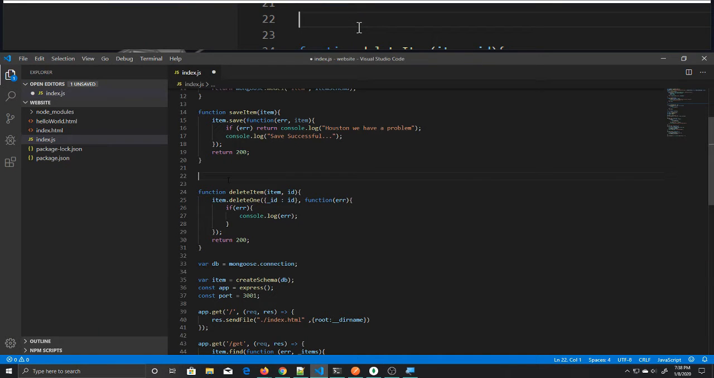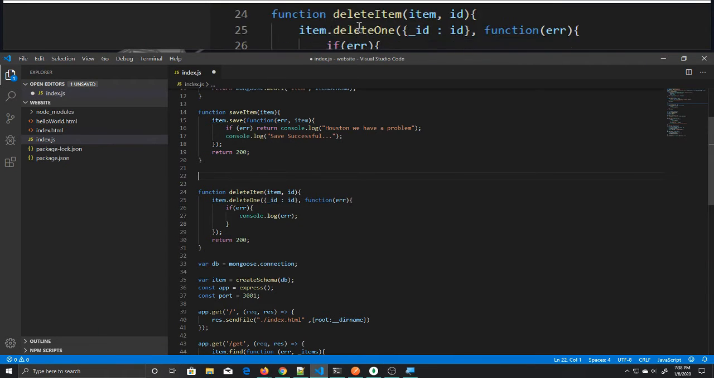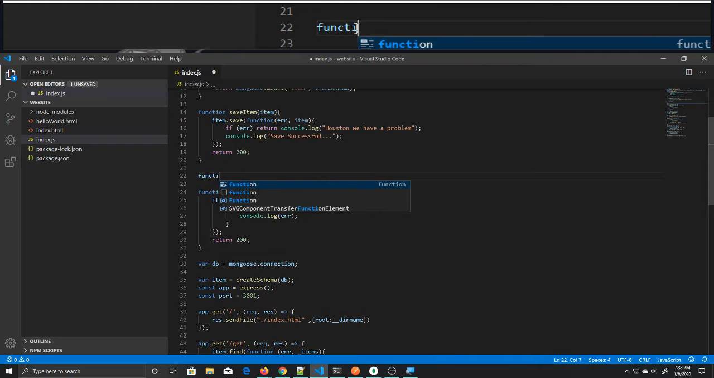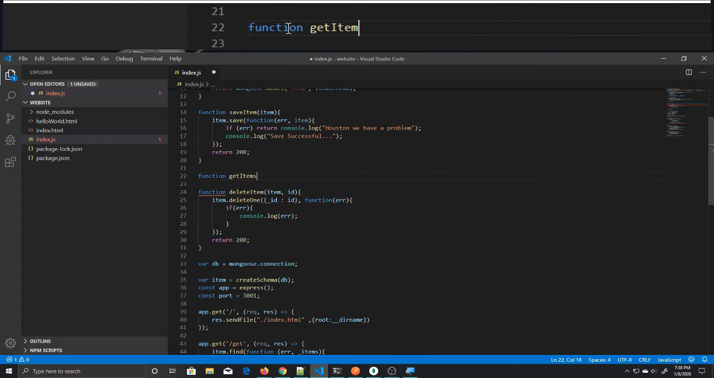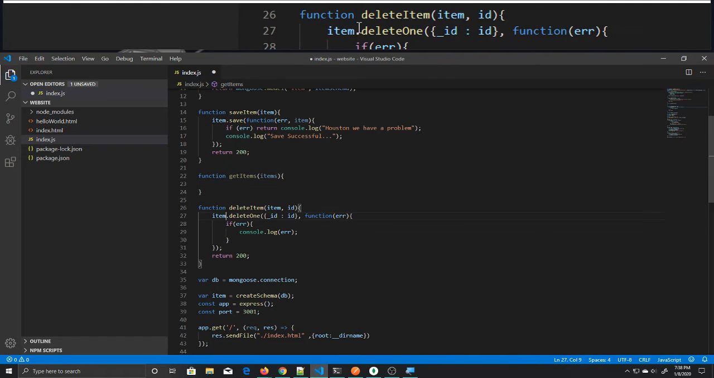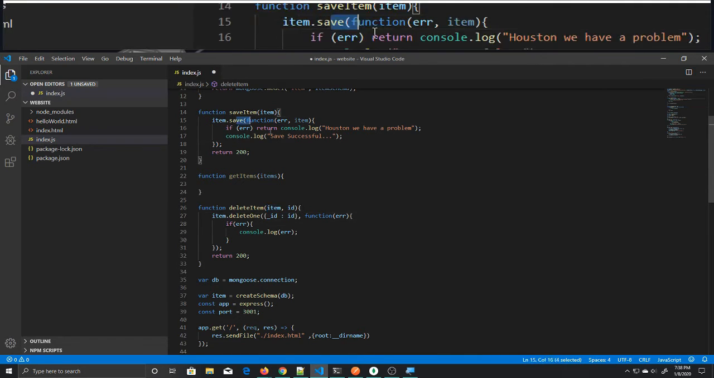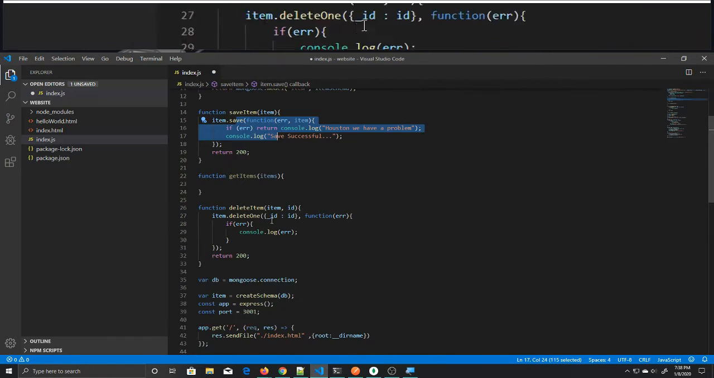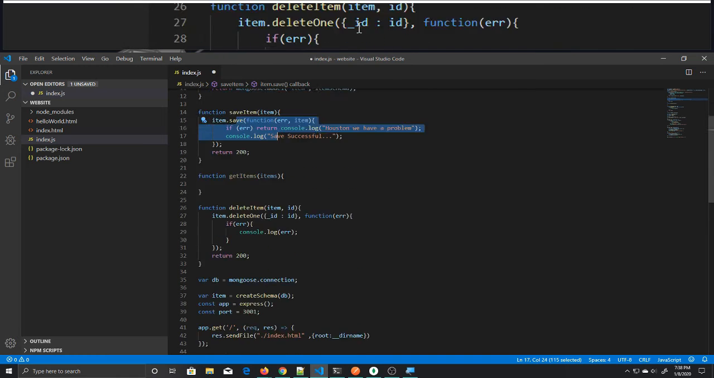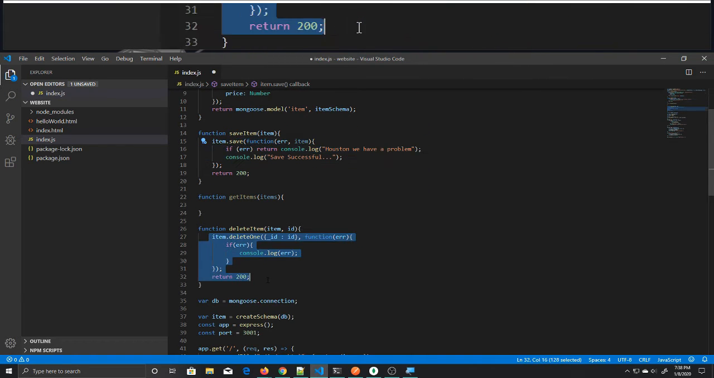Alright, so the cool thing is we're going to keep all these save items and delete items, but we do need to add back our get items here because, yeah, we're going to clean that up down below as well. So let's go ahead and open that. Delete one is going to be gone. Save is going to be gone, but we're not going to touch the create schema. So let's start with delete here,